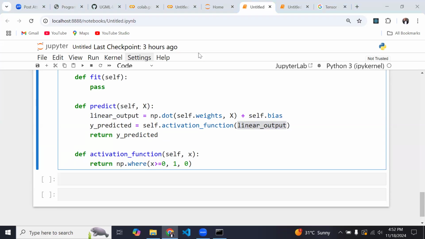Yes, please. Can you kindly explain the dot function once again? Oh, the dot function. Okay. So,